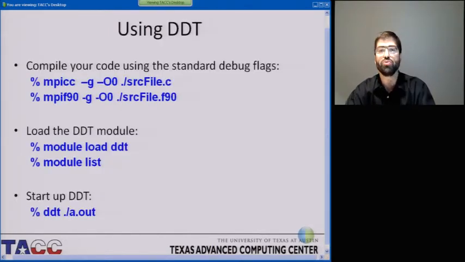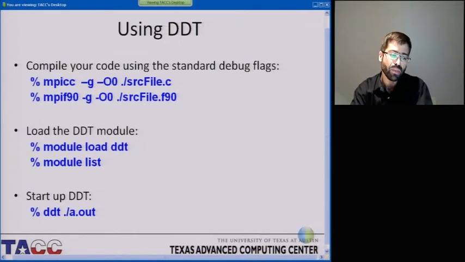The first thing that you will need to do is, as with any other debugger, recompile your code with the -g flag and -O0. In some cases, the compiler itself will demote optimizations to an O0 level, but that's not always done automatically, so you might want to do that just in case. In the case of Ranger or Lonestar, you would have to load the DDT module. In other systems, what you need to make sure is that the DDT path is accessible from your current path. After that, you will just start a DDT session by calling ddt, your executable, plus any arguments that your executable